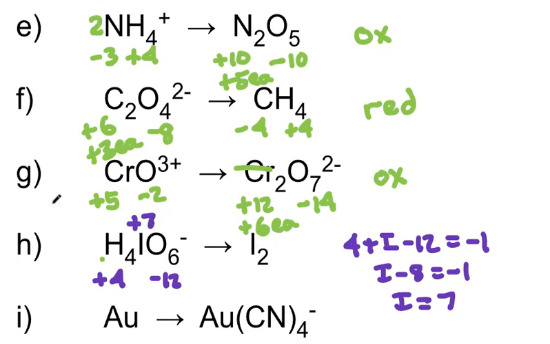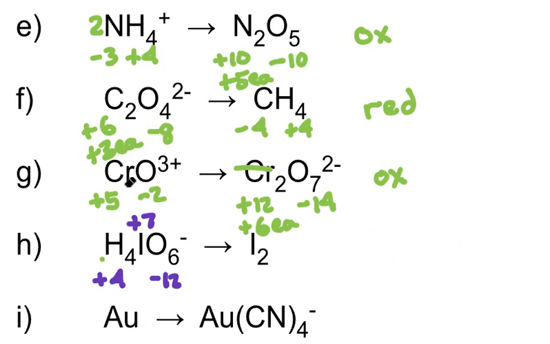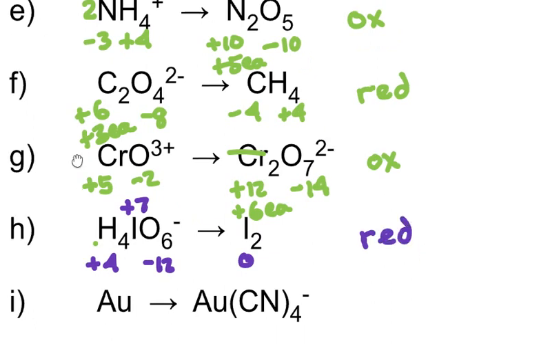And what is it on the right? We haven't seen a lot of these, but iodine is a pure element, and pure elements have oxidation state 0. So iodine went from +7 down to 0. Down is reduction. And last one,